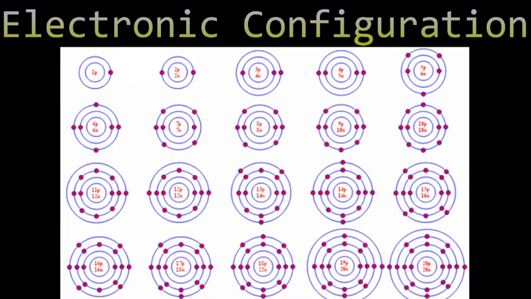L shell. Lithium has three electrons. Since the K shell has a maximum capacity of two electrons, the third electron moves to the L shell. As the atomic number increases from lithium to neon, each successive electron occupies the remaining space in the L shell. At neon, the L shell gets fully occupied with the maximum number of 8 electrons. These 8 elements have their outermost electrons in the L shell.